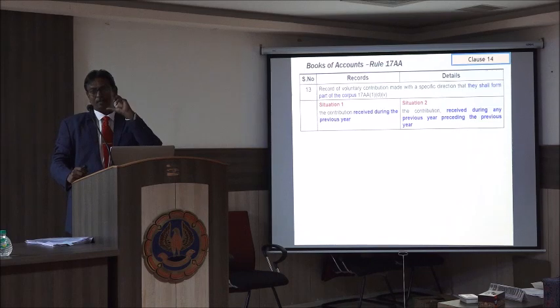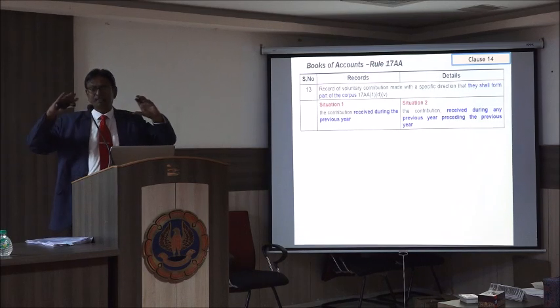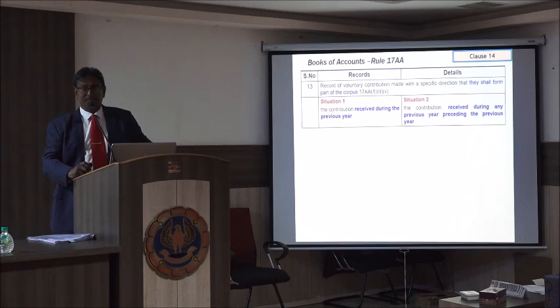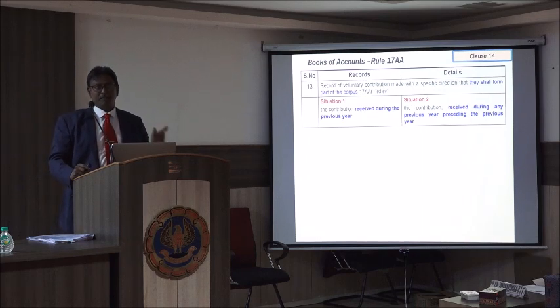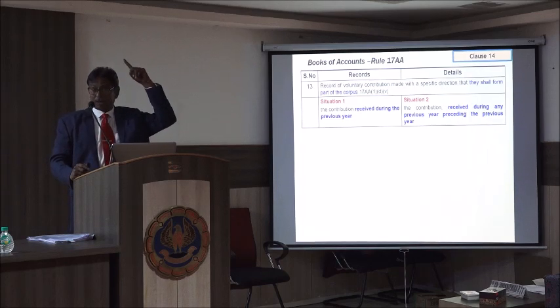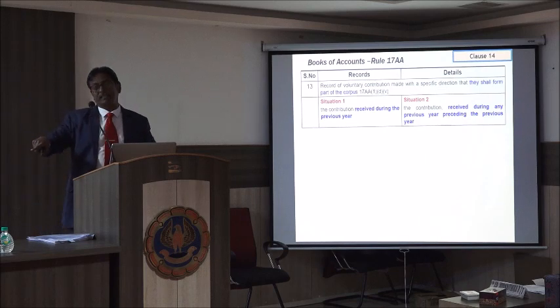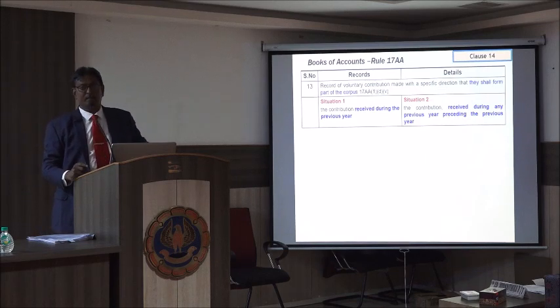If you have made the corpus as matching investments, it is easy for us. You can have the 15% in your fixed assets, current assets, closing balance, anywhere you like. But when you are able to identify, I have no receipts during the year, I have spent money from corpus, which will not be allowed as an application in the current year. So within 5 years, if I can reinstate, I can claim them as an application.